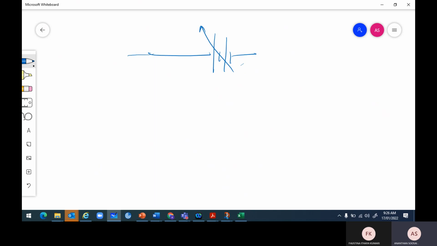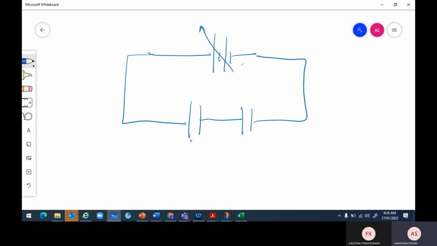Okay, we have two capacitors connected in series. This is 20 microfarad, 20 volt. This is 40 microfarad, also rating is 20 volt. So 20 microfarad and 40 microfarad are connected in series with a variable power supply whose voltage can be varied. Now the question is, the voltage of the power supply rises slowly until,